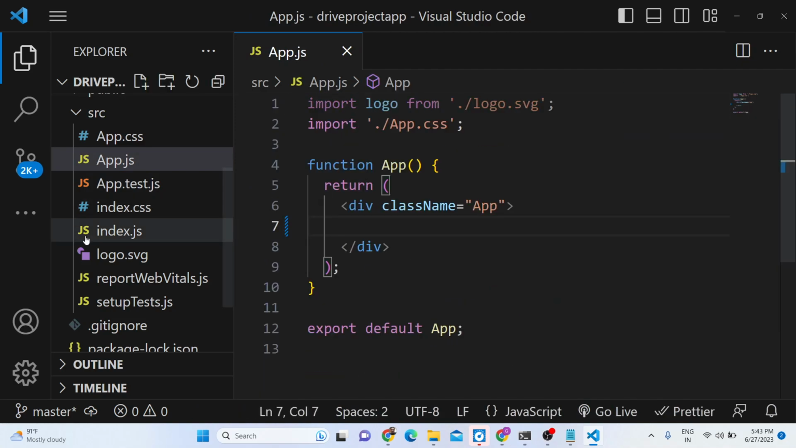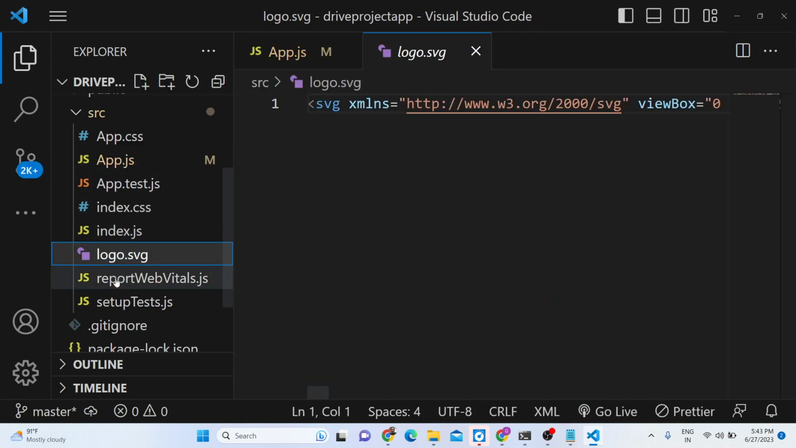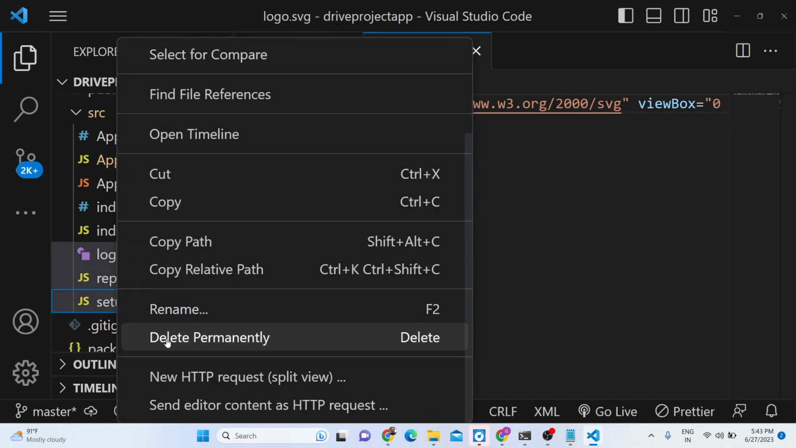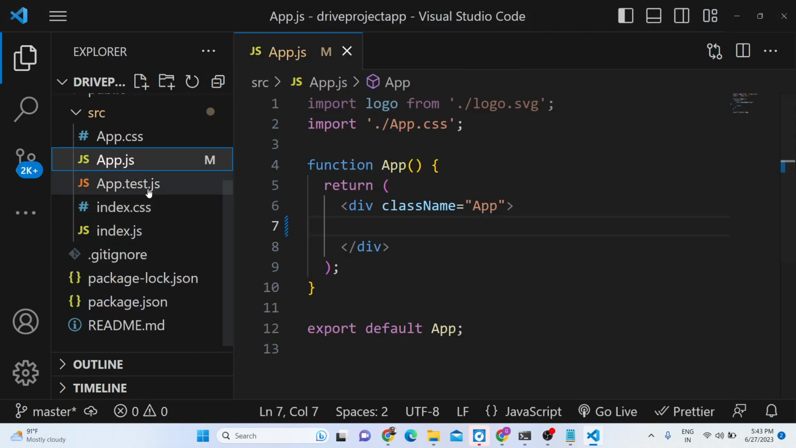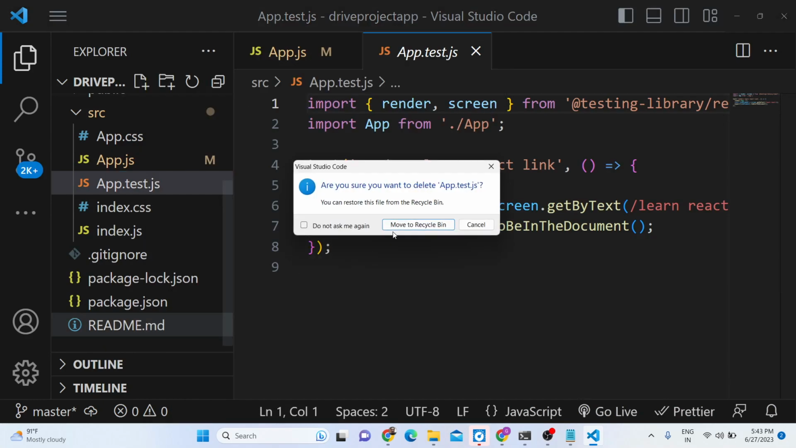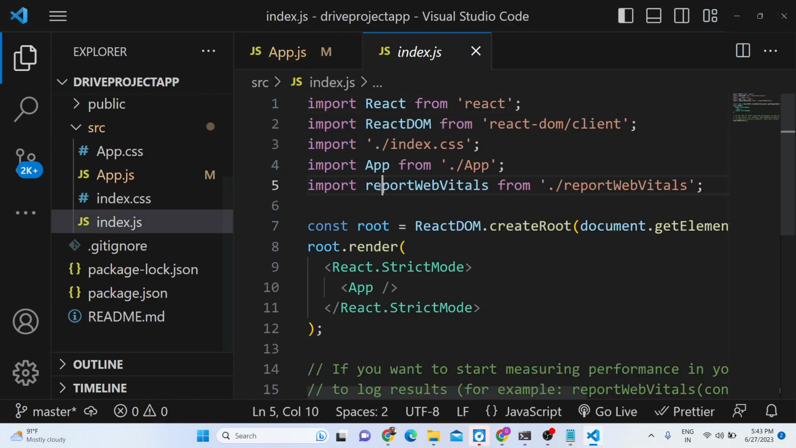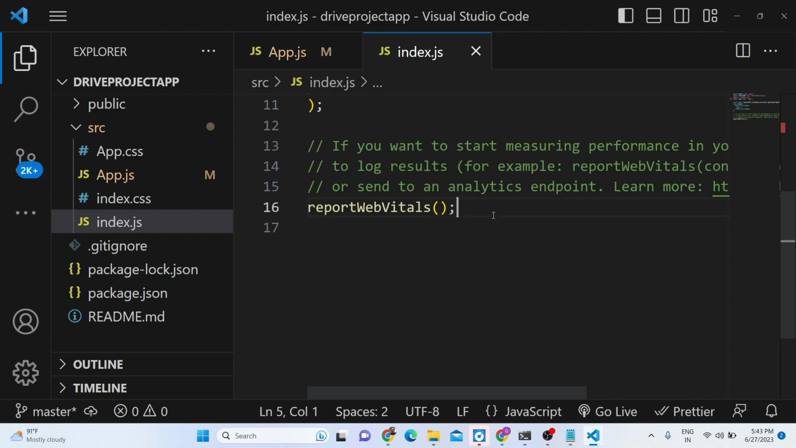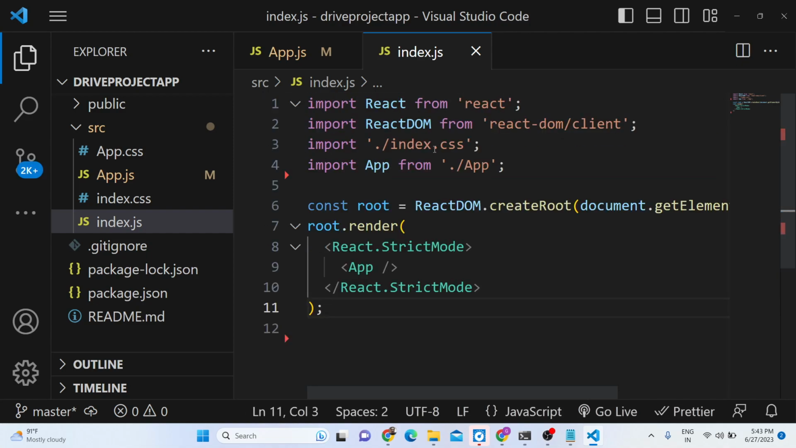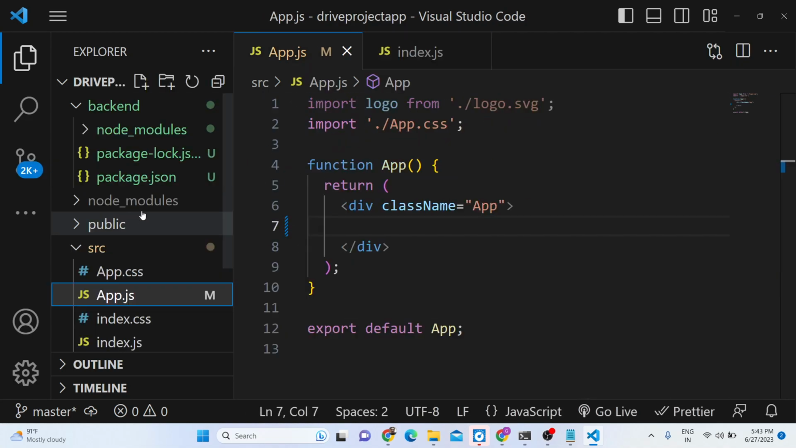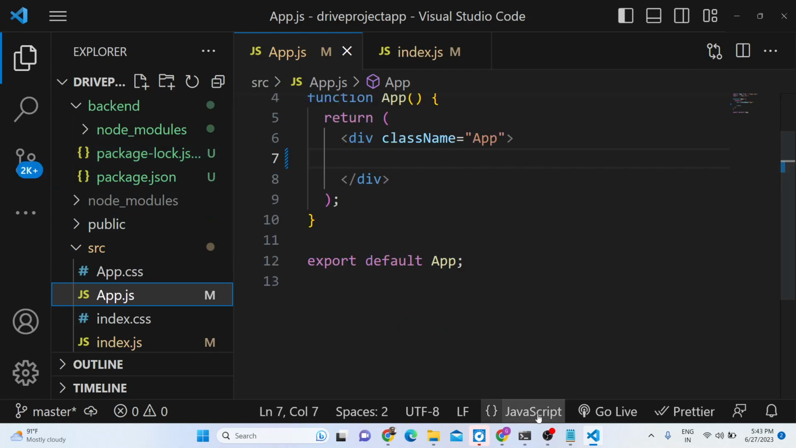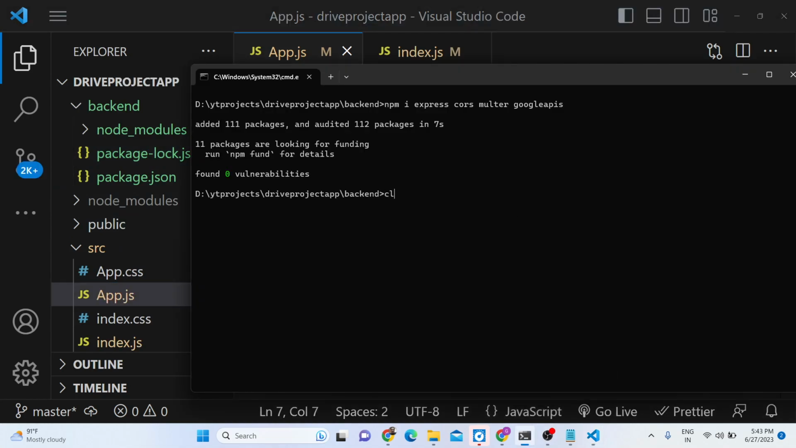So after this, what we need to do, we need to delete all this garbage stuff. We don't need this. We also need logo. We don't need this. So delete these files. Testing also we don't need, and go to index.js, delete these lines. That's all. So now it is cleaner now,